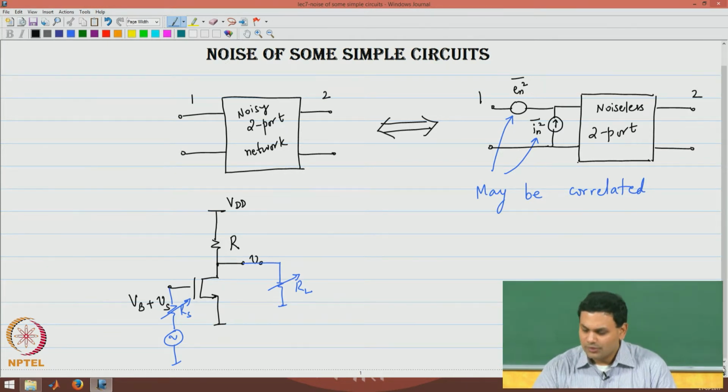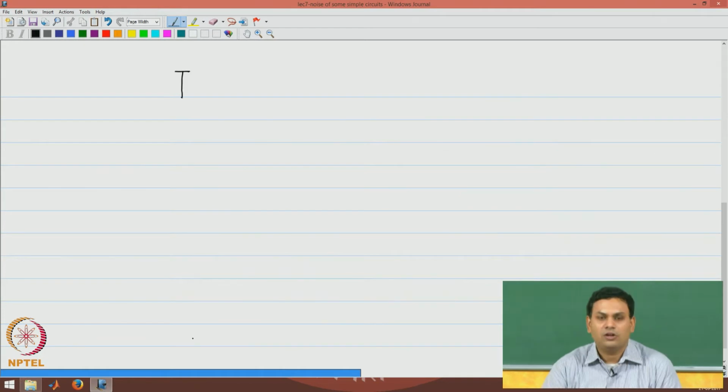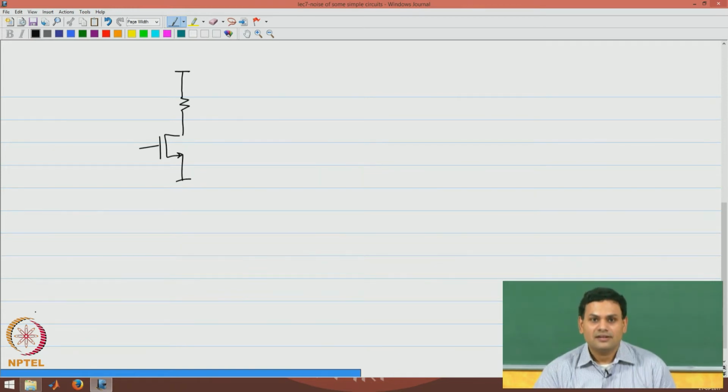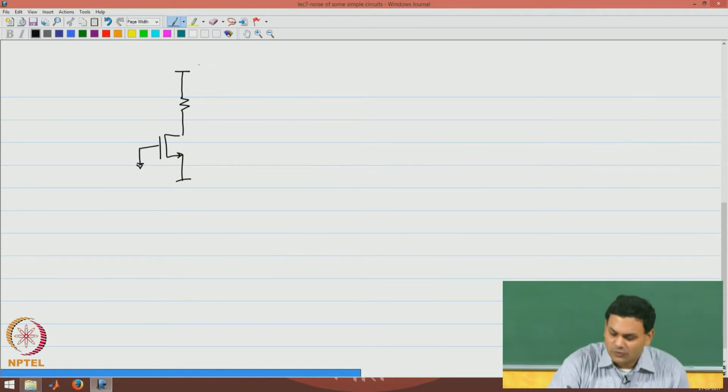Having said that, we can now say that the input referred noise can be calculated by considering all the noise sources in the circuit. When you are doing noise analysis, the input source does not matter, so we will ground it. The input is not a signal of interest. We are only interested in the noise signals inside the circuit. So, I am now going to draw the noise equivalent.